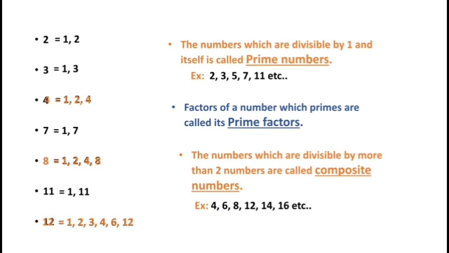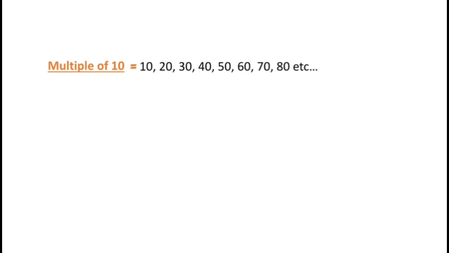It is multiplied by every number. It is a factor of every number. Now let us find the multiples of 10. Multiples are nothing but tables. Now can you tell me the 10 table? 10, 20, 30, 40, 50, 60, 70, 80, etc. It keeps on going. Now how did we get 10? We got it by multiplying 10 into 1. 10 ones are 10. So here multiples means we are multiplying by 1. Every number is a multiple of 1.